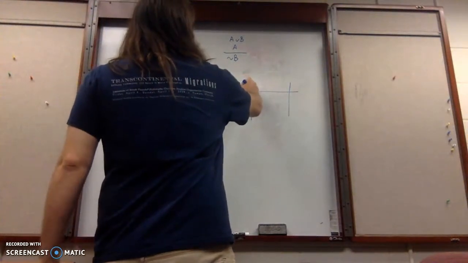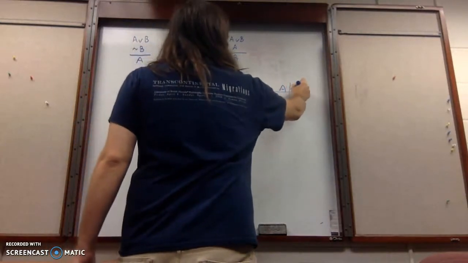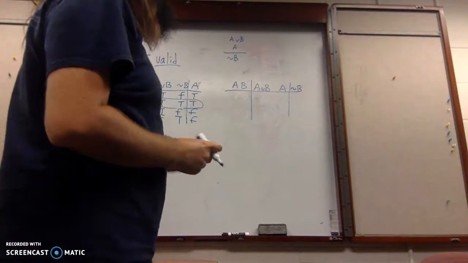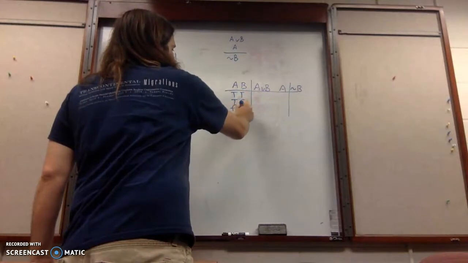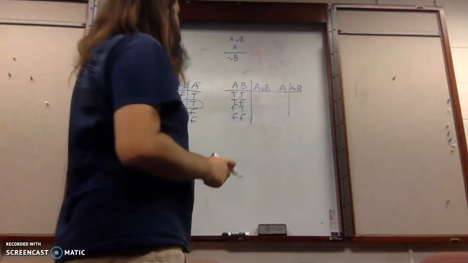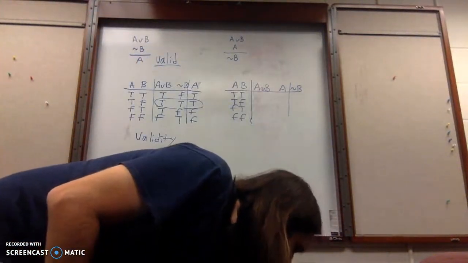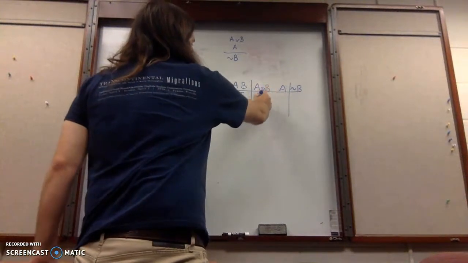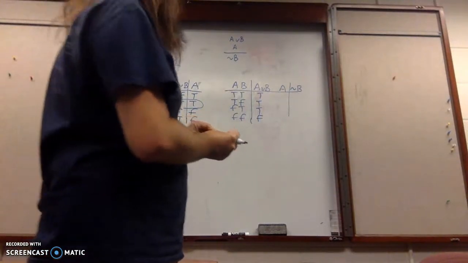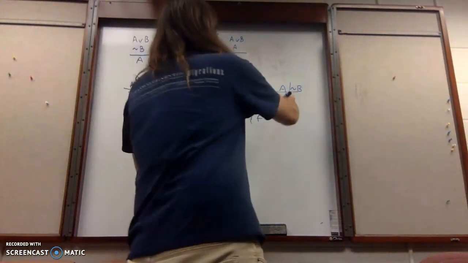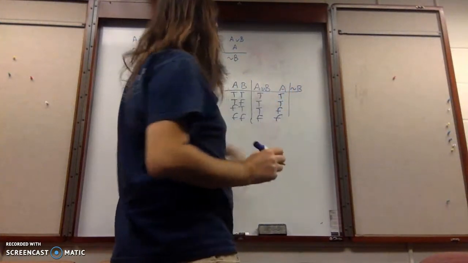A and B, A or B, A, therefore not B. Okay, so here we set it up the same way. True, true, true, false, false, true, and false, false. A or B is going to look the same. We get true, true, true, false. A is going to be the same as the first column. Here we have true, true, false, false. And not B,